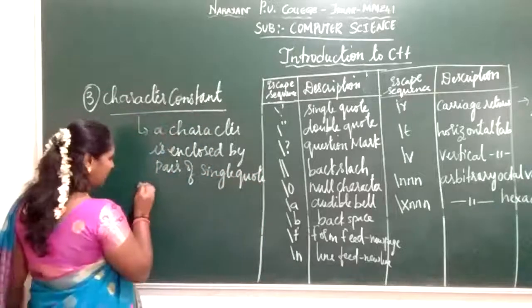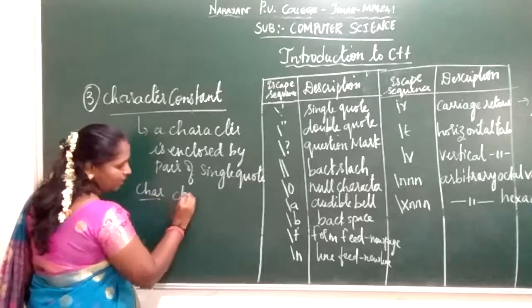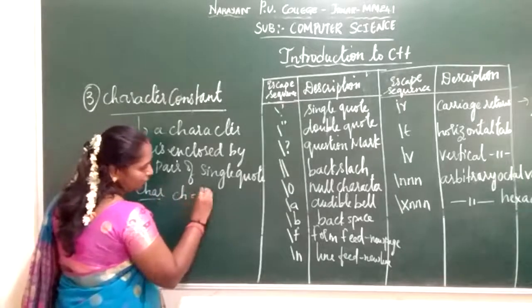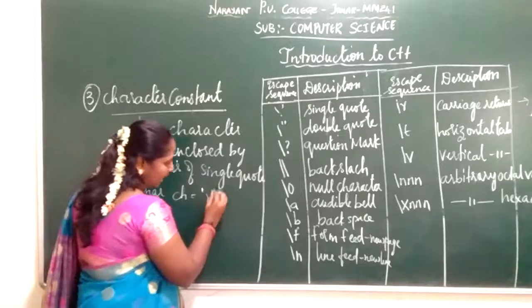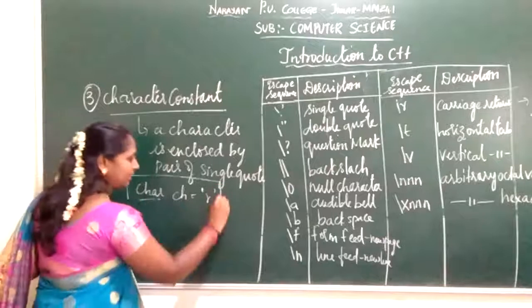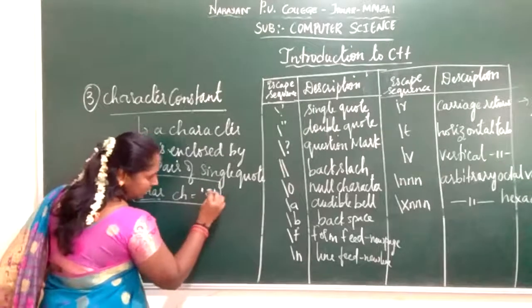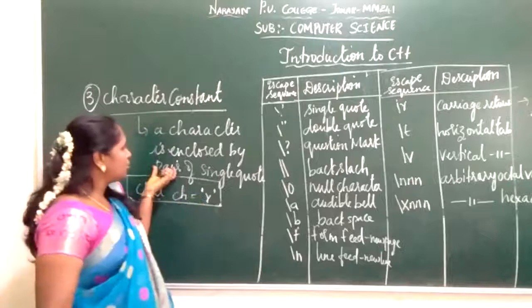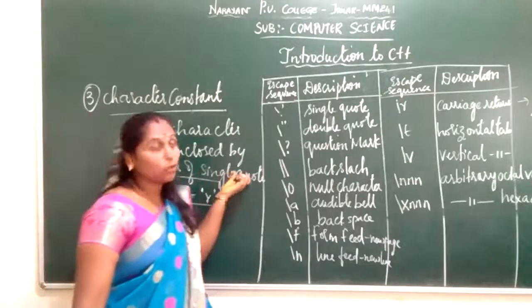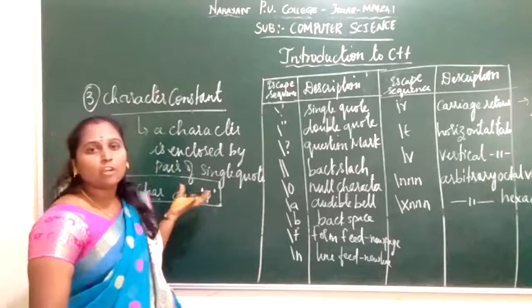For example, you have char, a data type, and a variable ch, to which you assign a single character, r. This is an example of a character constant: a single character enclosed by a pair of single quotes is called a character constant. So not only a character, it also specifies